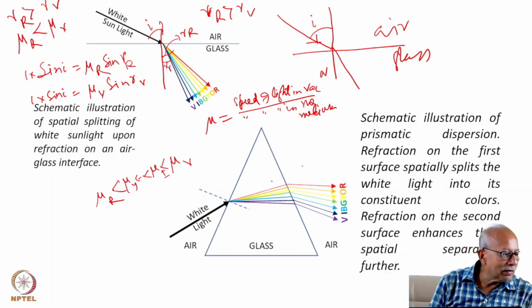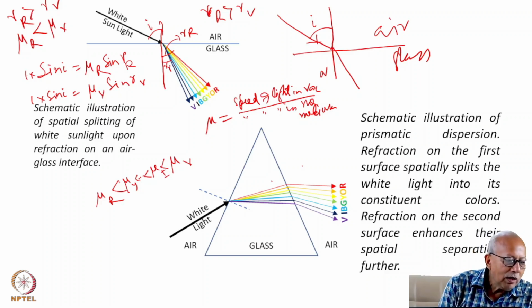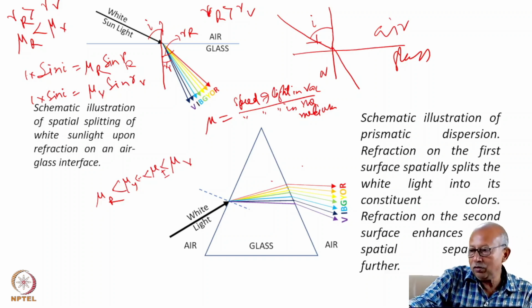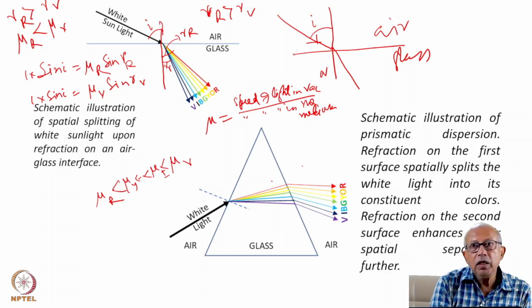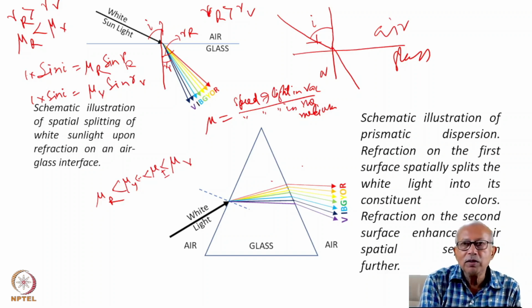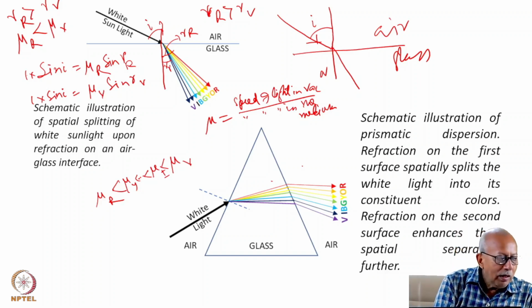Now, it is of interest to note here that Newton first spoke of prismatic dispersion almost 3 centuries ago, from early 1700. Almost 3 centuries later, the concept of prismatic dispersion, originally perceived by Newton, has now been central to imparting tunability in the operation of lasers.